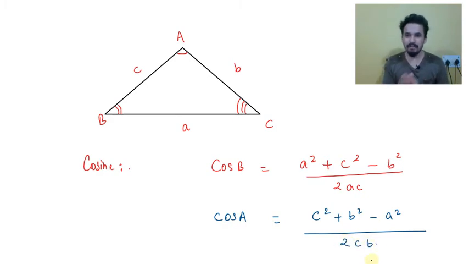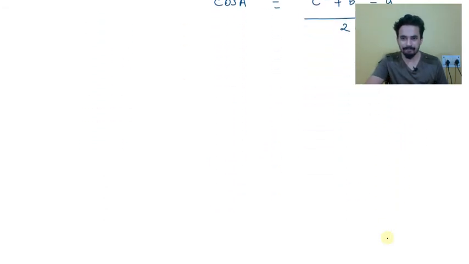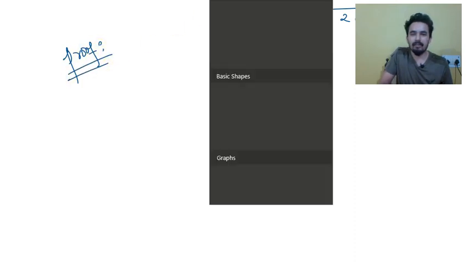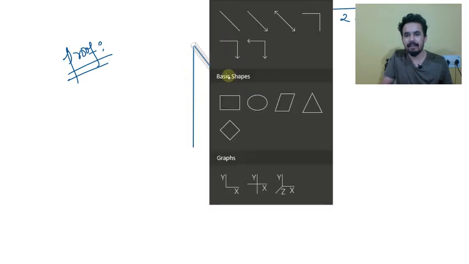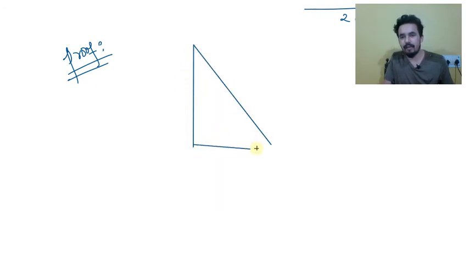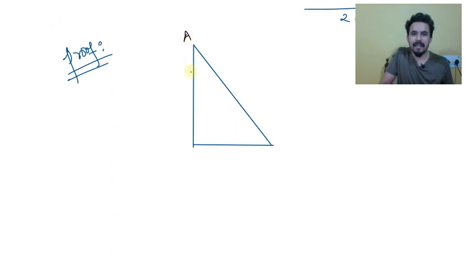Now how are we using this cosine rule to prove Pythagoras theorem? Quite simple. This is an alternative proof, but a very interesting one. That's why I thought I should show you. Suppose this is a right angle triangle. Let me draw a right angle triangle, just a one line proof, provided that you know the value of cos 90. So let's say this is A, this is B, this is C, and this is 90 degrees.